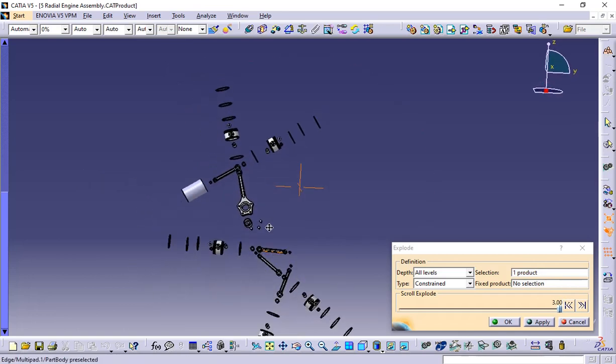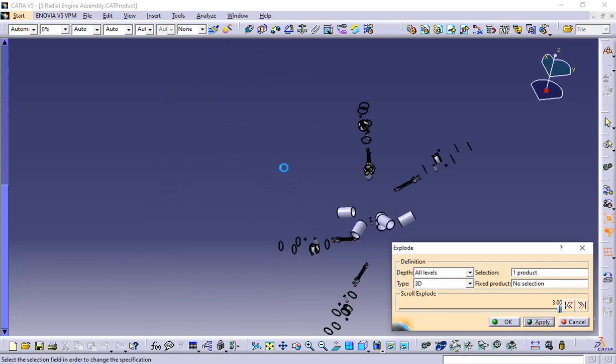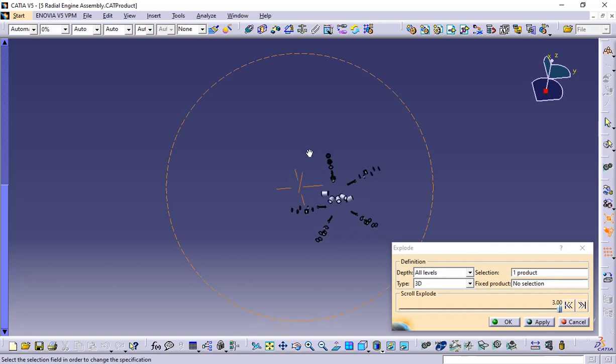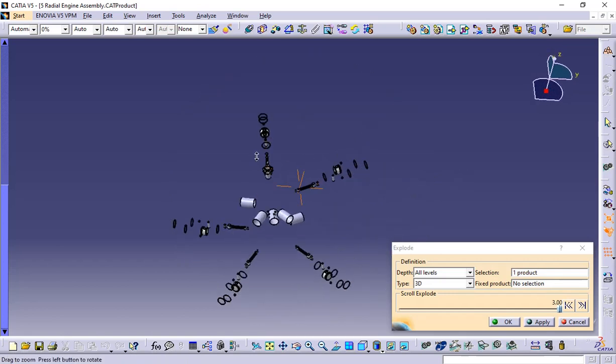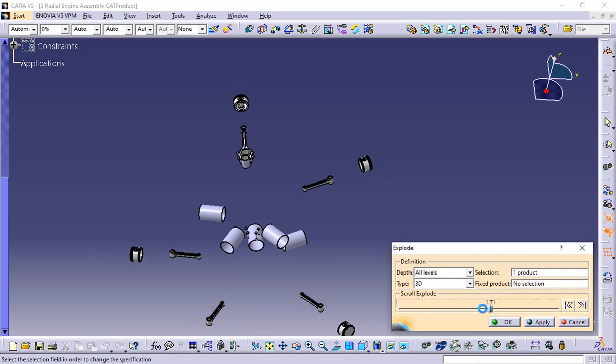If you just click on this 3D and apply, there is no consideration of any constraints. You just explode into the 3D space and you can animate it, like you can just see how they are moving by just dragging this scroll